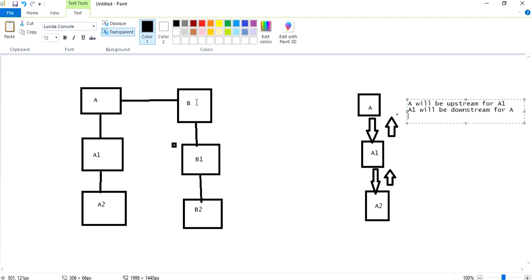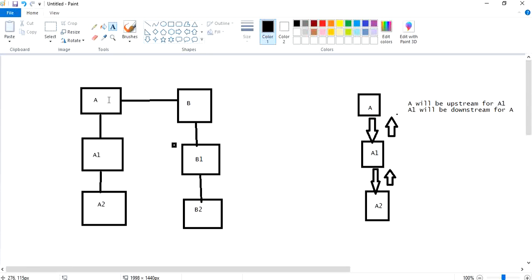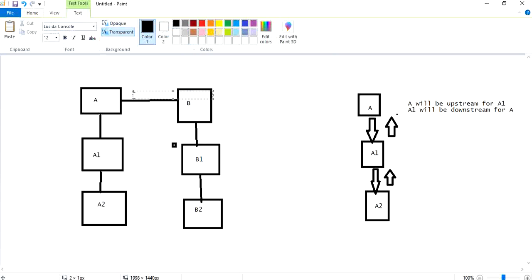I have to get into B and select upstream project as A. So here, for A, B will be downstream project, and for A, A1 will be downstream. And for A1, A2 will be downstream.